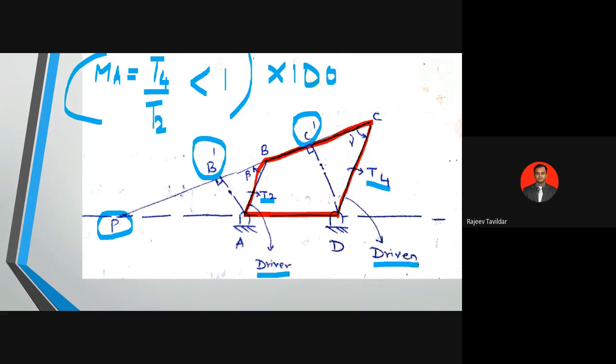So how are we going to use this to judge or to identify a good mechanism? A mechanism which has the highest or higher mechanical advantage, or the percentage is higher, then the mechanism is preferred because the transmission of torque and power is as close to 100%. Okay, if any mechanism has a mechanical advantage with transmission less than 50 or 40 or something, then there's a lot of problem in transmission of power, so we need to avoid such mechanisms. Hence, we need to understand the concept of this mechanical advantage. I hope this is clear why we need to focus on this mechanical advantage. Okay.